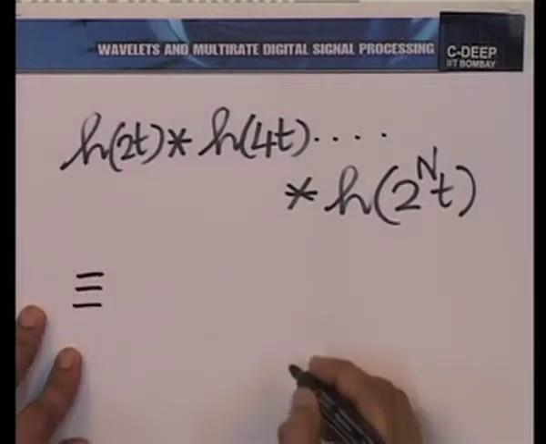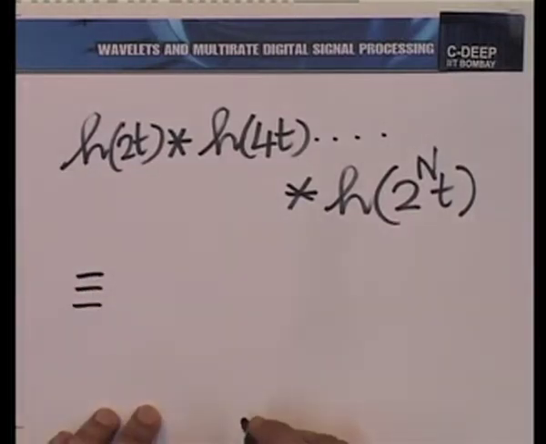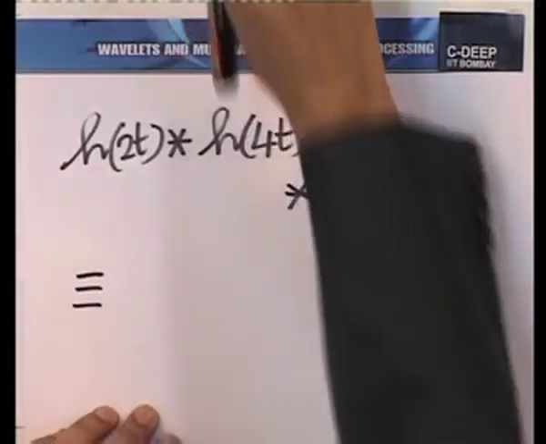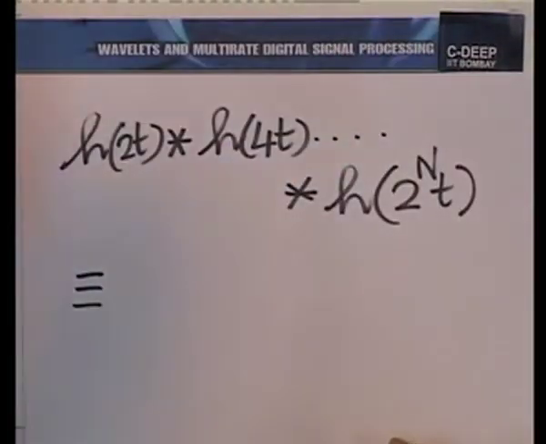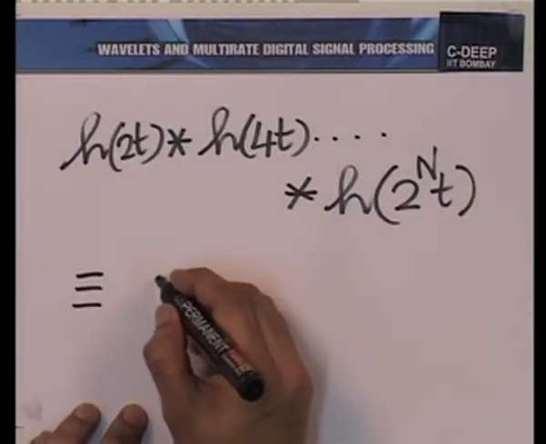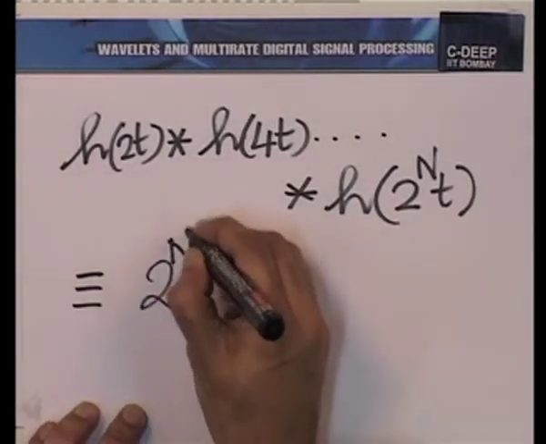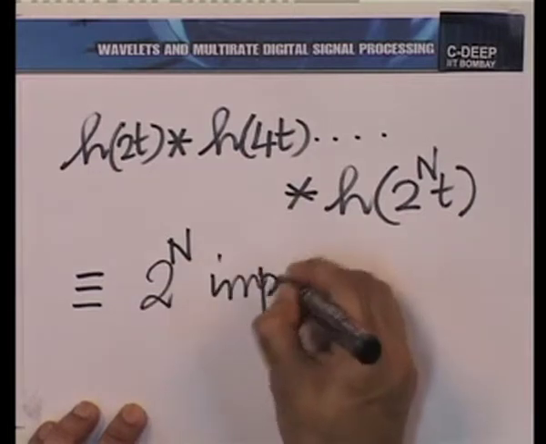How many impulses is that? You see, when you reached H of 8t, you have 8 impulses. So, when you reach H of 2 raised to the power of n t, you have 2 raised to the power n impulses